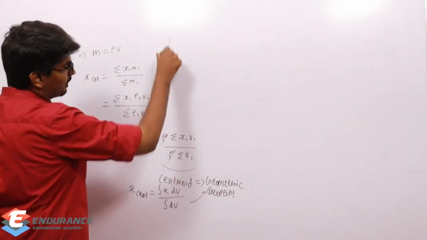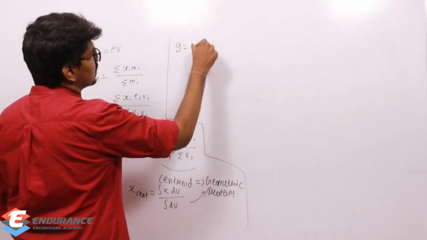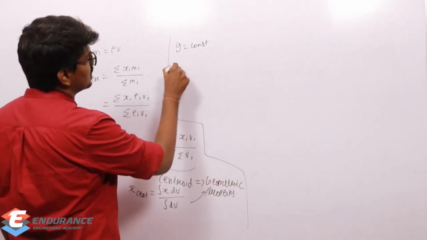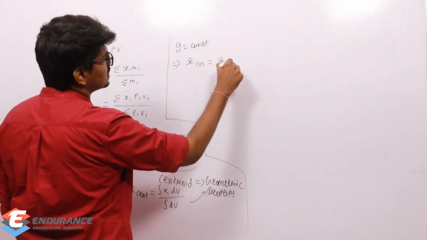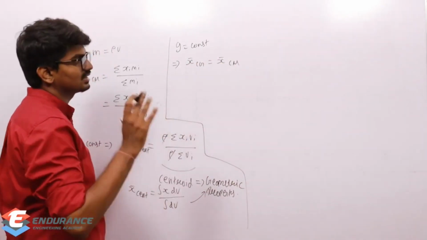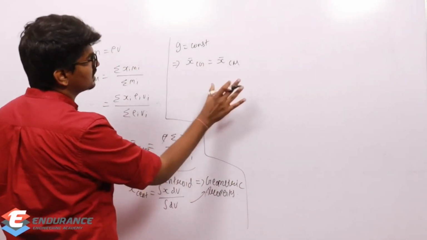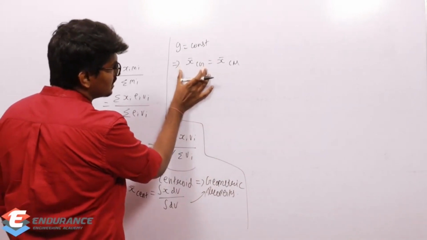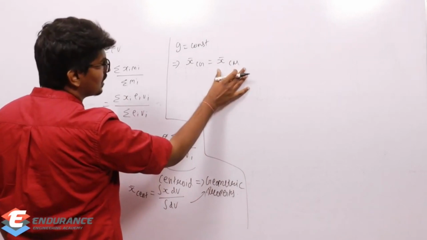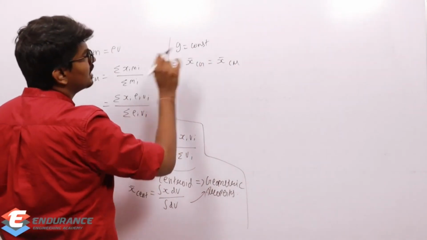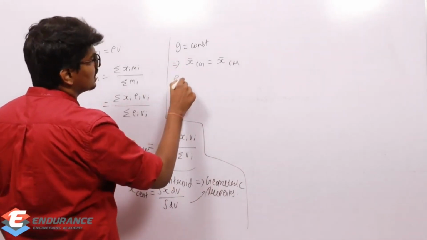So listen, when g is constant, when acceleration due to gravity is constant, what are we getting? Center of gravity is equal to center of mass. That is a property which is related to force, gravitational force. So gravitational distribution is becoming equal to mass distribution or density distribution. When will it happen? If g is constant. If rho also constant, in addition to g constant,